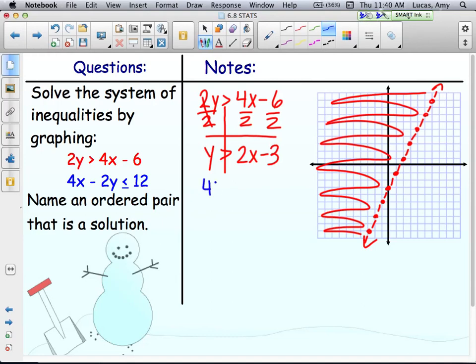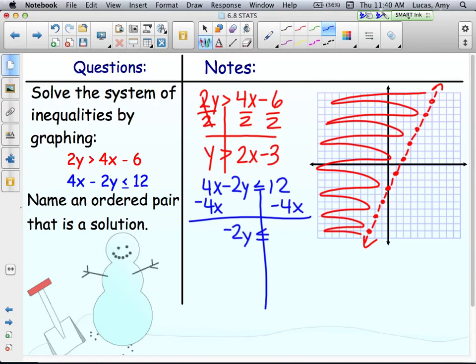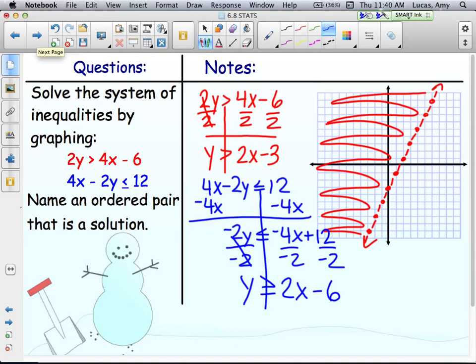My second inequality is in standard form, so I need to subtract 4x. And then divide everything by -2, which we recall flips the symbol around and gives me a positive 2x minus 6. So this is parallel to my red boundary line, but